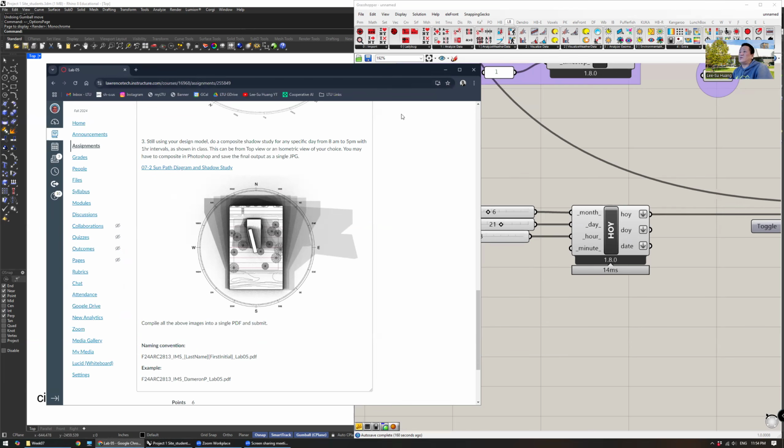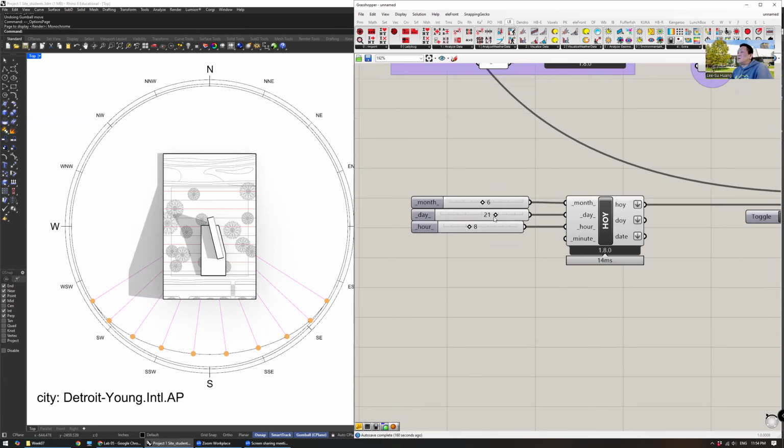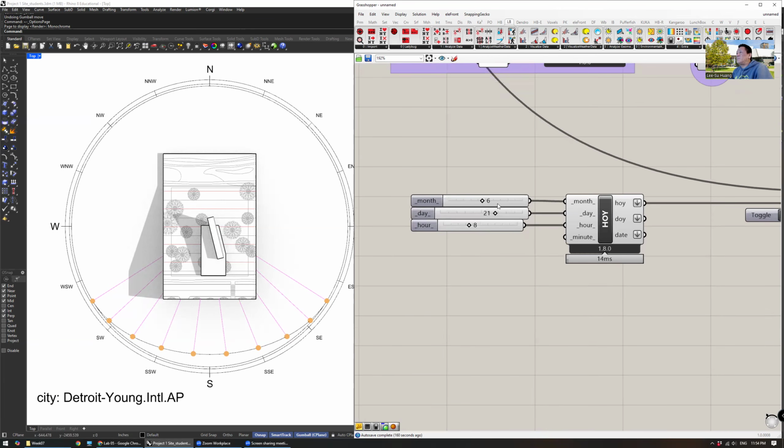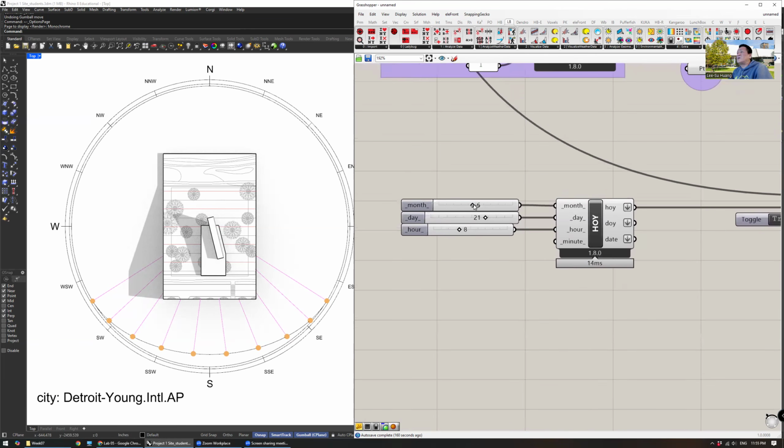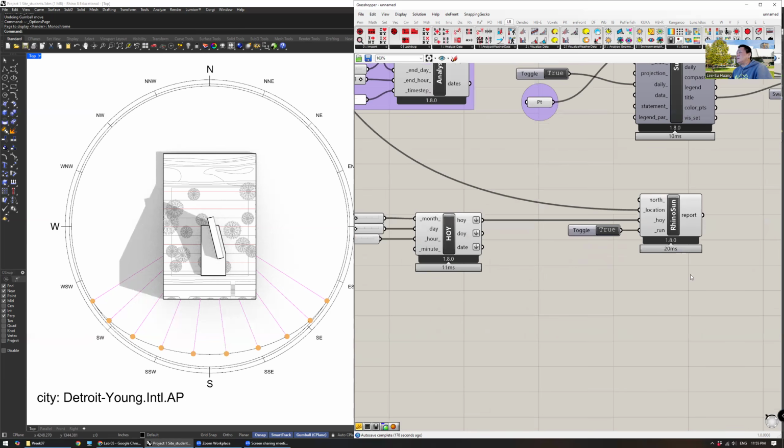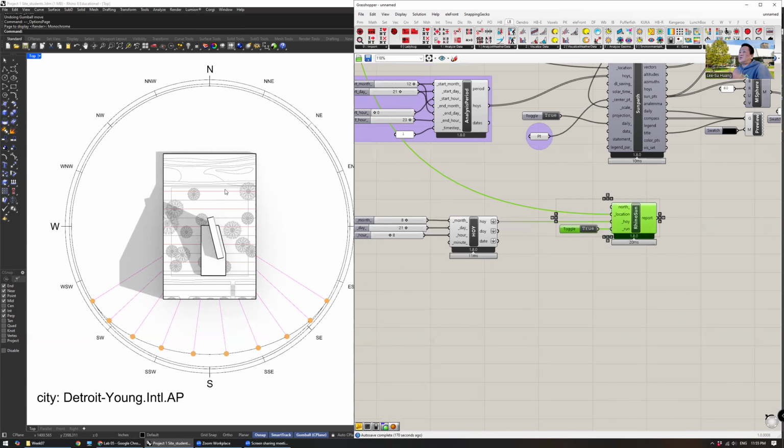So you need to do less. It doesn't have to be this dense. Let's see. 8 a.m., right? We can pick whatever, maybe August 21st instead, right? So you can do these as individual screenshots, right? Otherwise,